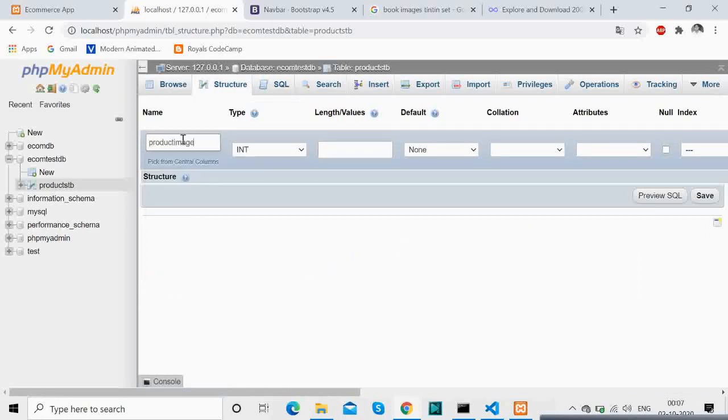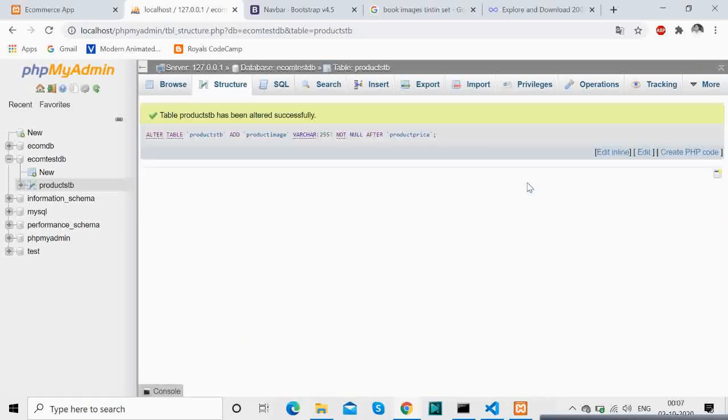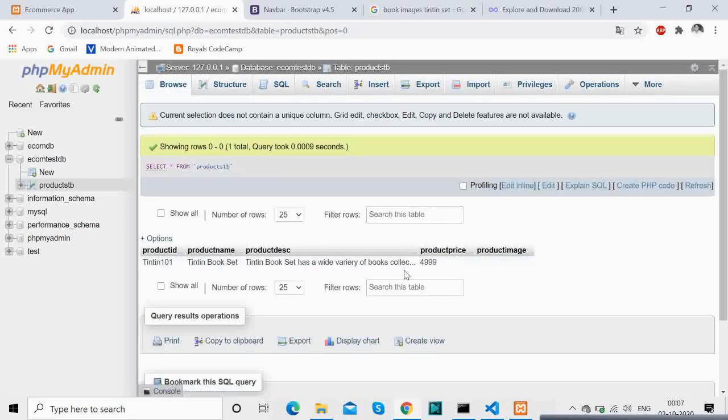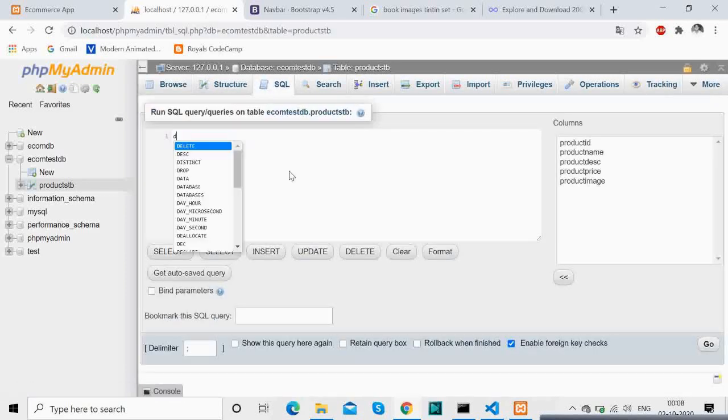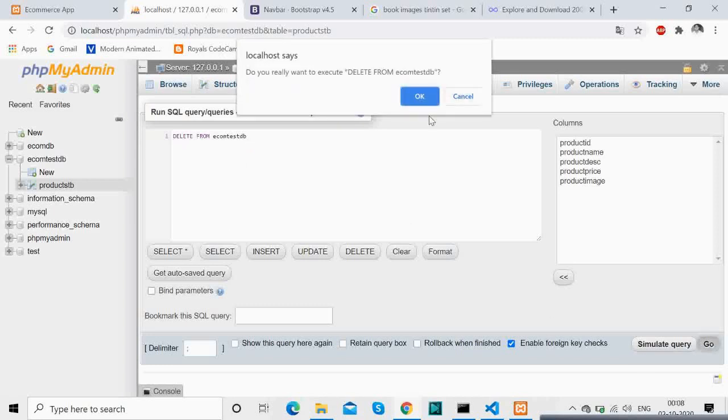So we will be storing the image URL over here. Basically I am removing that single record which I created just now, since it doesn't have the product image.